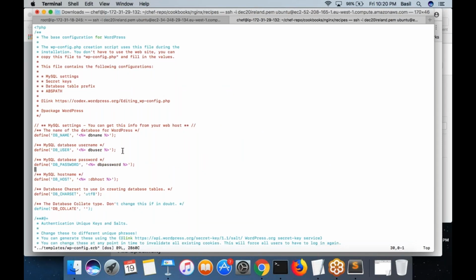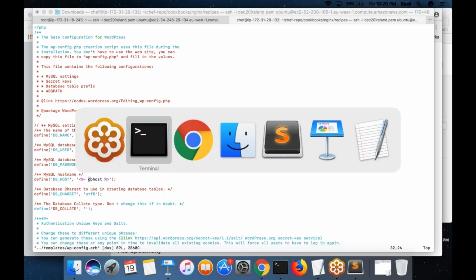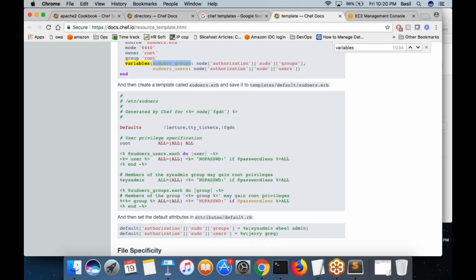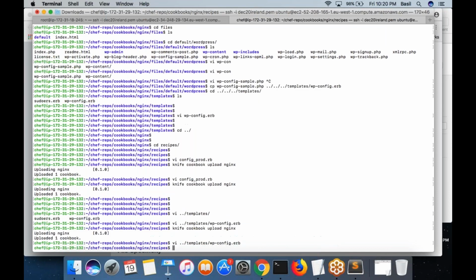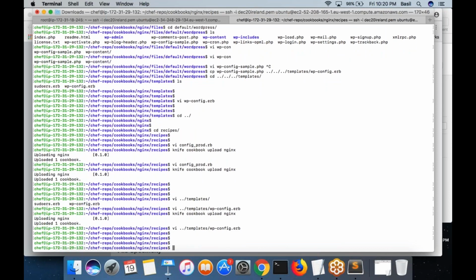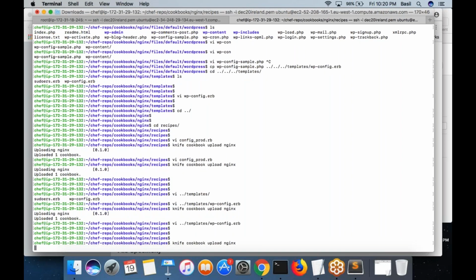It is showing invalid variables. Yeah, I will take a look at that. But you got it right. This is how you make the modifications.